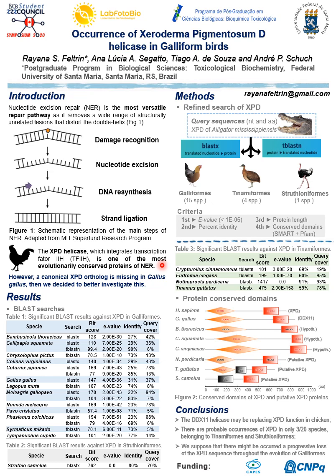investigate further. In order to do so, we have carried out a refined search of XPD using sequences of the American alligator as queries for tBLAST-N and BLAST-X searches against the genomes and proteomes of 15 species of Galliforms, the order of chicken, in addition to 4 species of Ctenomyforms and 1 of Struthoniforms, which are in the base of